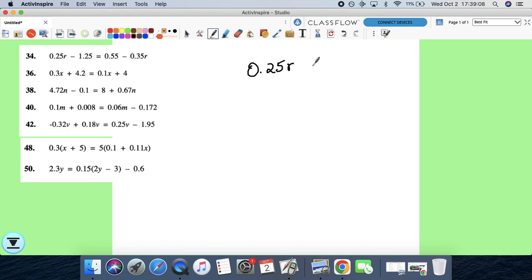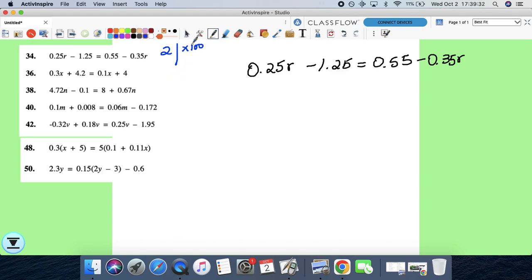0.25r minus 1.25 equals 0.55 minus 0.35r. So I'm going to do the same way we did in class. I'm looking at all the numbers, the coefficients and the constants, and I'm looking at their decimal places. Everybody has 2 decimal places. I'll write a little 2 here. 2 decimal places means that I'm going to multiply